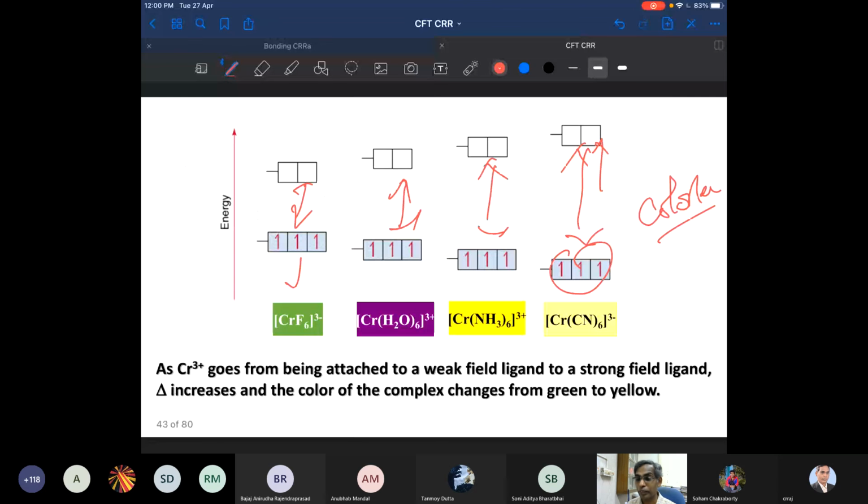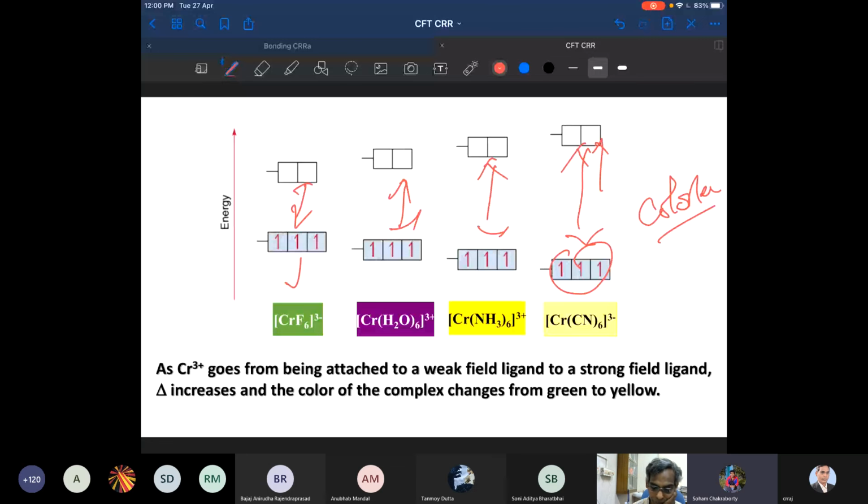Now I will give some time. Before that, let me download the attendance list, and then you can unmute your microphone if you have any query in the bonding first part and second part, so that I can clarify. We have bioinorganic, organometallic, and then redox and battery. I hope I will be able to complete, and I hope I am not very fast. Am I very fast in teaching? If you are not able to understand, you tell me. I will explain. Sometimes I may pace a little fast to cover the topic, but if you are not clear, please let me know.